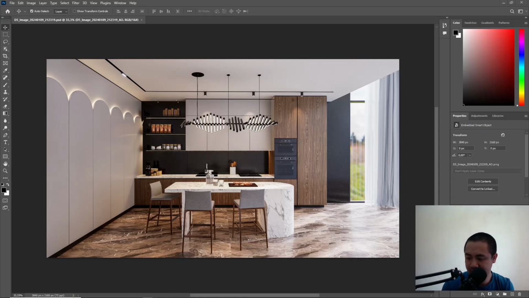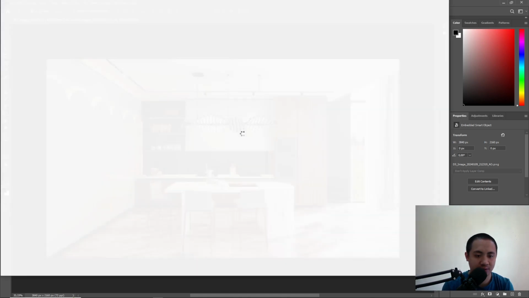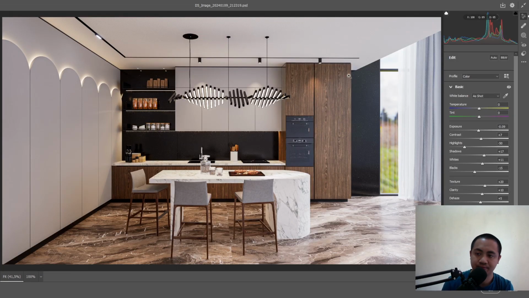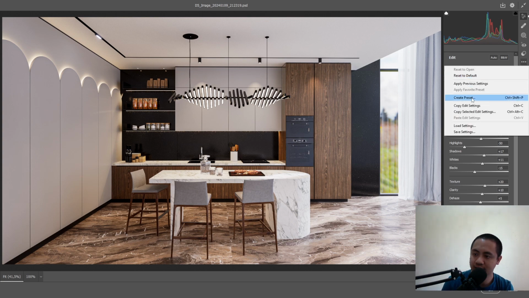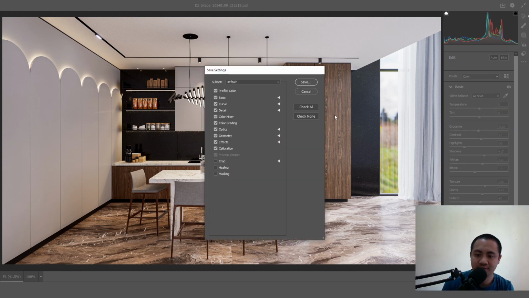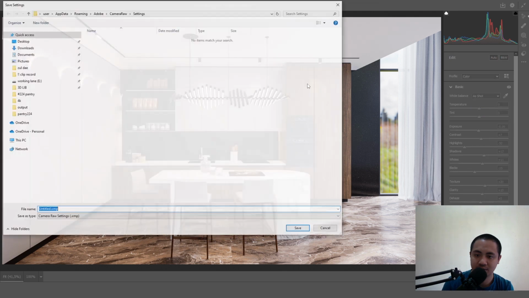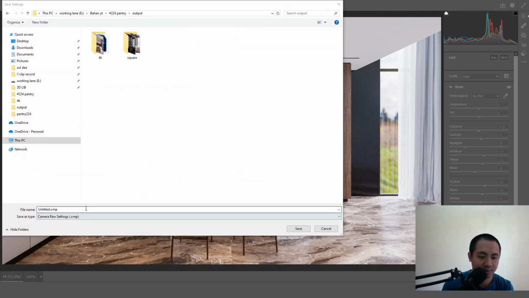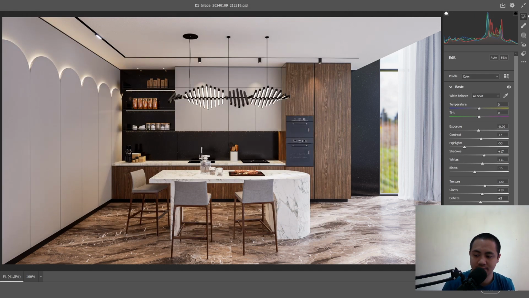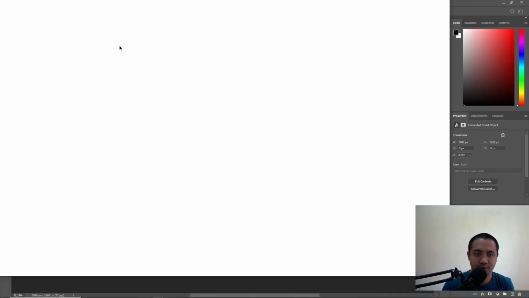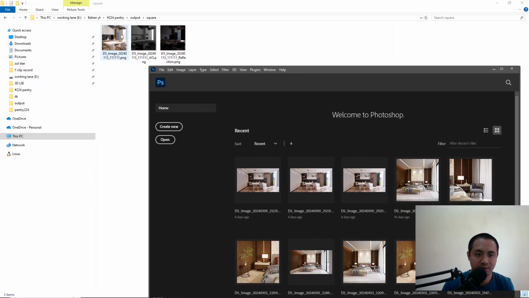So let's open this layer that contains the Camera Raw. Open it and save the setting and put it in your target folder. Okay, let's close this and then open the